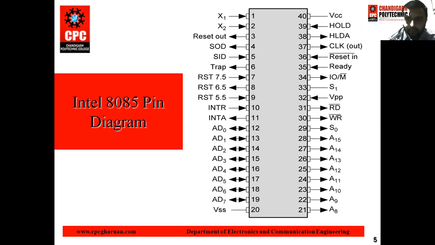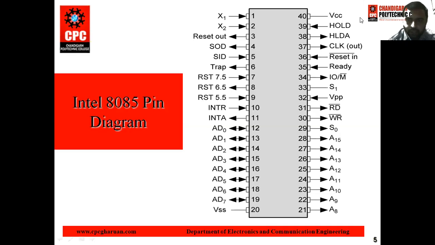After getting the held signal, the control of the address bus and data bus is given to the DMA controller. With the help of the DMA controller, the data can be transferred from your pen drive to your PC or vice versa. Or you can say you want to transfer data from the PC to the pen drive. This operation is performed with the help of the DMA controller.